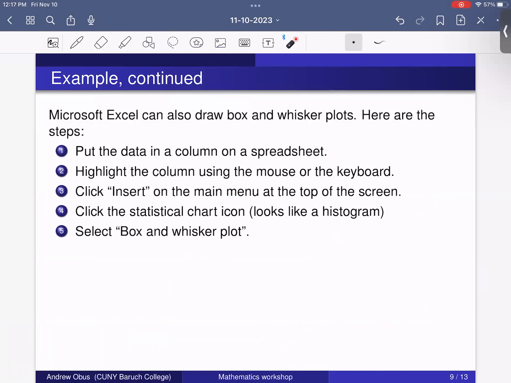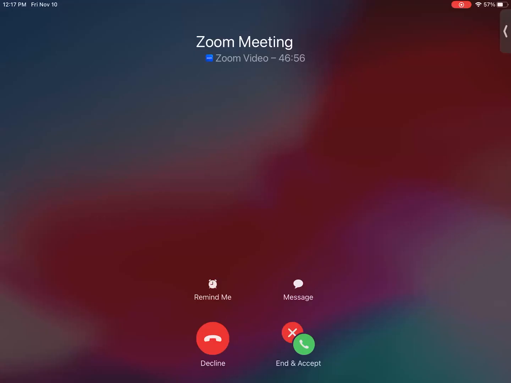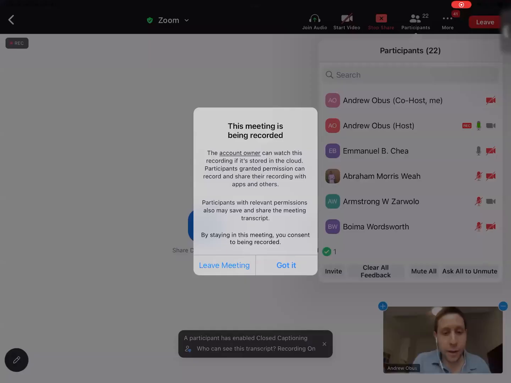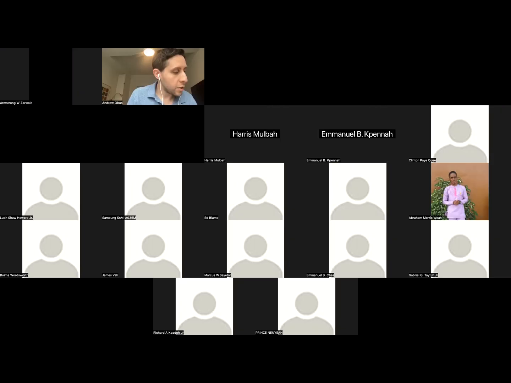in Excel. So Microsoft Excel can draw you a box and whisker plot. And so there's 5 steps. So you have to put the data in a column on a spreadsheet. And then you highlight the column using the mouse or the keyboard. Then you have to click Insert on the main menu, which is at the top of the screen. And then you have to,